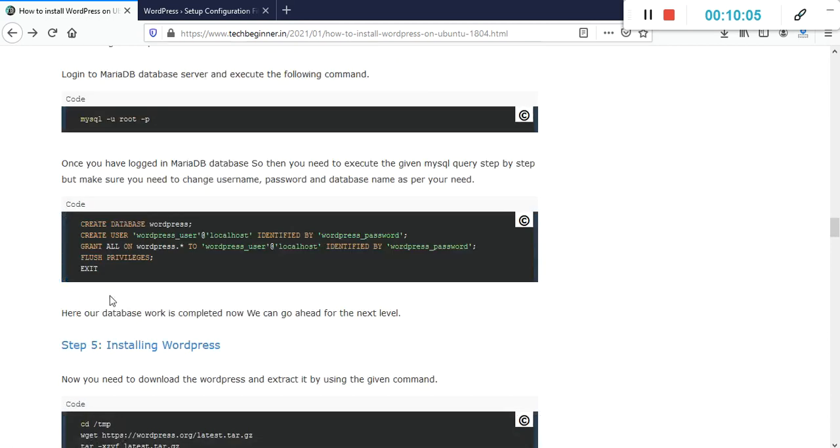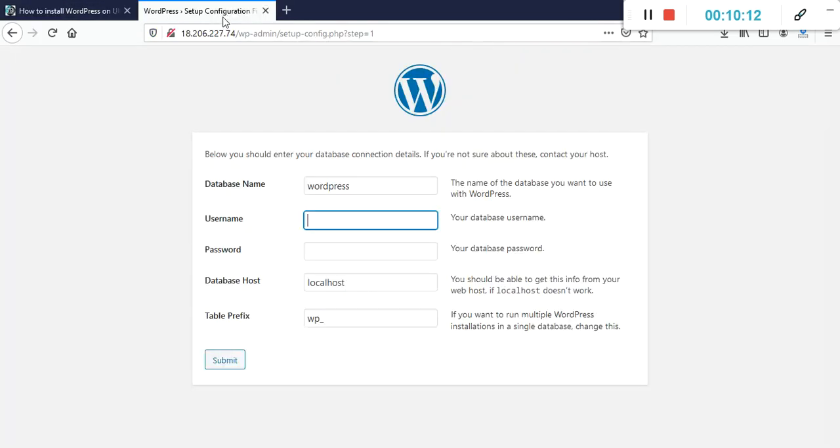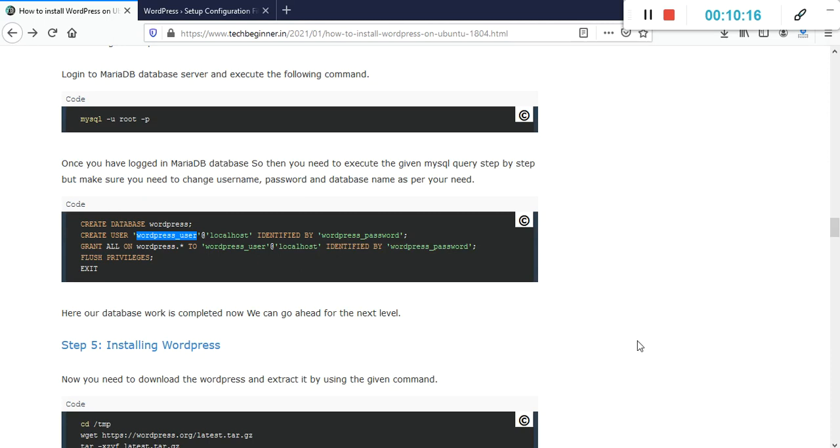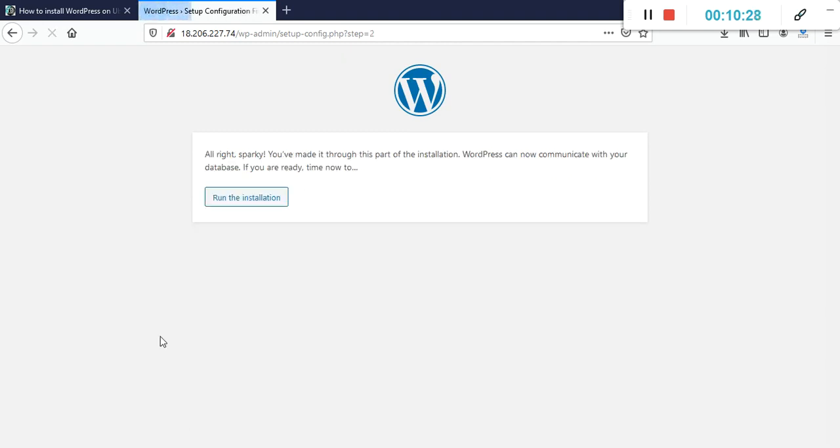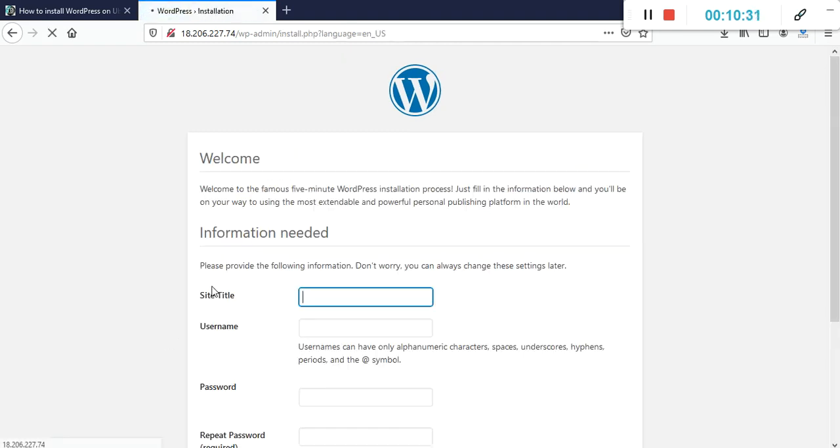Just go here, and this is my username. Just copy and paste here, and after that this is my password. Just copy and paste here. The database is already mentioned here. Localhost, yes, we are using localhost, and just click on run.